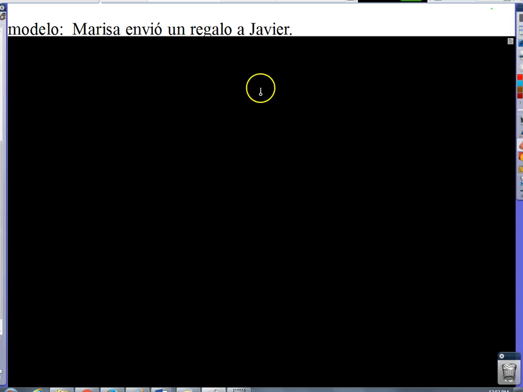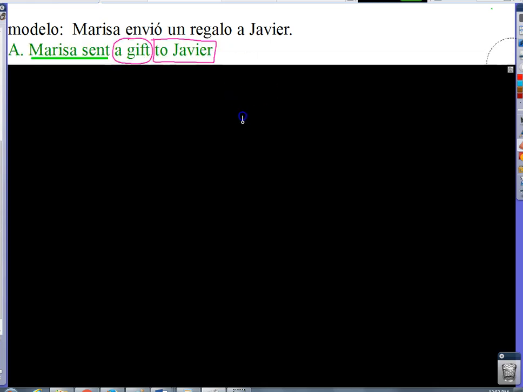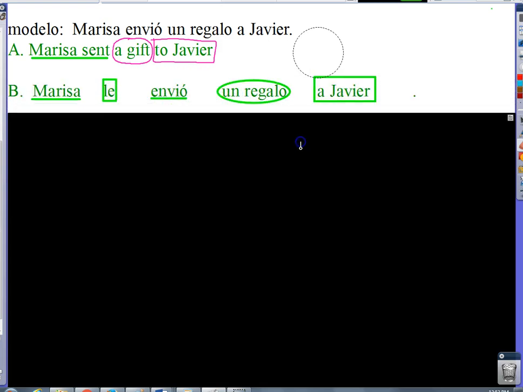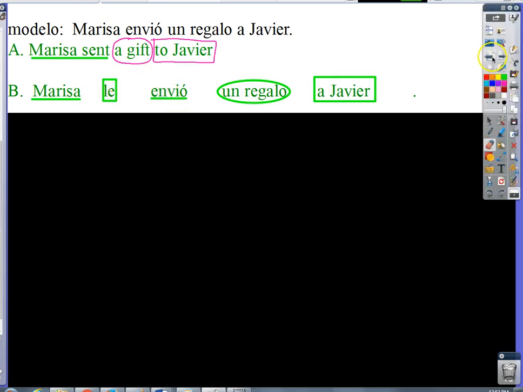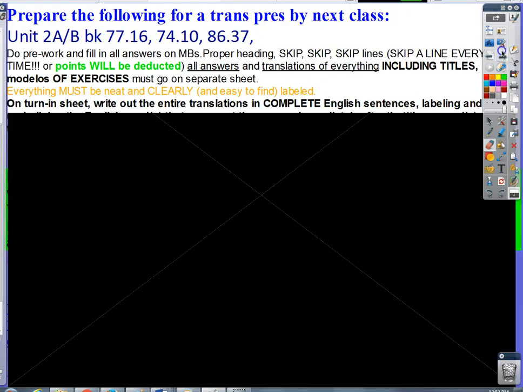It's missing the IOP. What IOP would I want or need to have in the sentence? Well, it's happening to Javier. So I ask myself, if my choices are me, te, le, nos, os, les, what IOP would I want? I would want le. And then I ask myself, where would I put it? Well, I only have a conjugated verb, so there's only one place to put it, before it. So that's step B. Step C